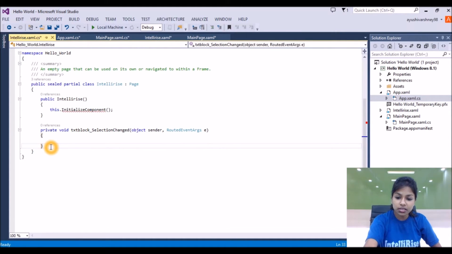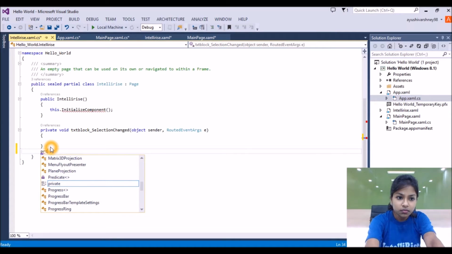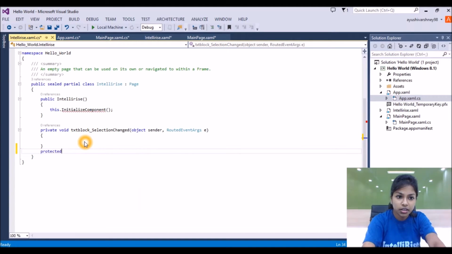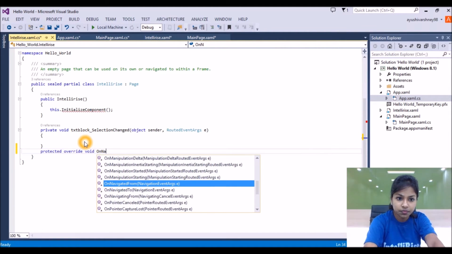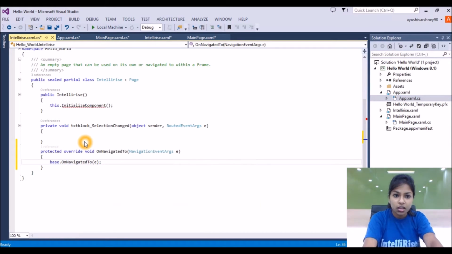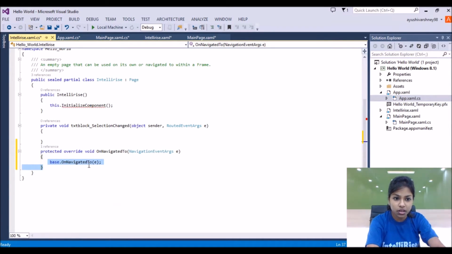We'll separately make an override function: protected override void OnNavigatedTo(NavigationEventArgs e). This line we have to remove from here as there is no need.